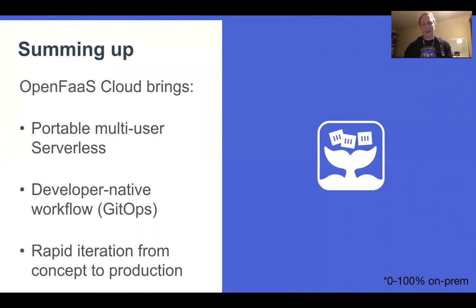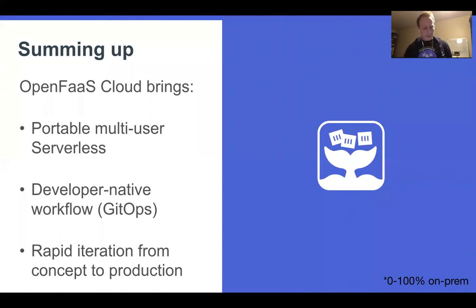We're actually using Git in the center. And this has given us a really rapid iteration to get from just the idea to putting that into production. There's a side note here, because when you look at this with GitLab in particular, you can go from 100% on the cloud to 100% on premise and anywhere in between, as it makes sense for you in the business. And I think that's something that we're really excited about.